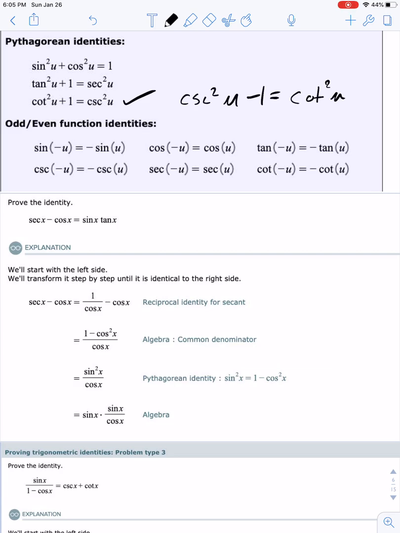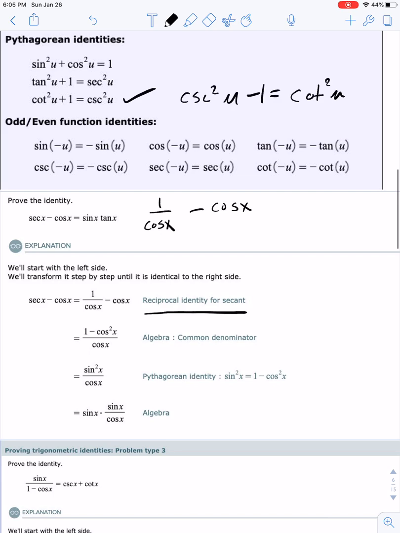So secant is 1 over cosine x, minus cosine x. The reason for that would be the reciprocal identity for secant. So again, thinking about those steps that I just talked about: substitution, adding fractions, factoring. In this case, we see that we have a fraction, so let's go ahead and add it. A common denominator is